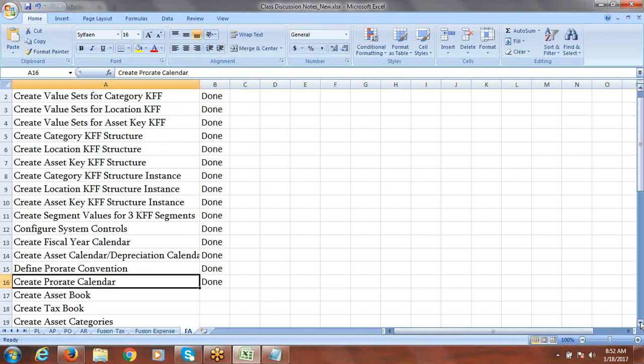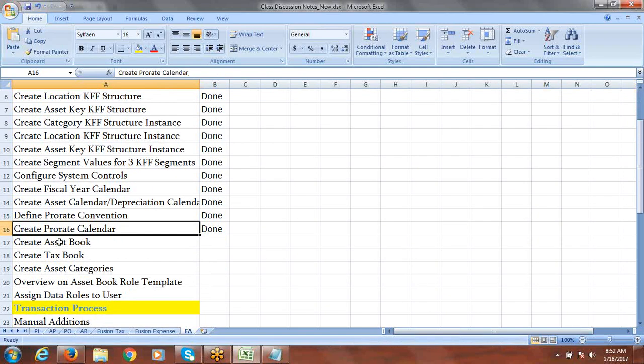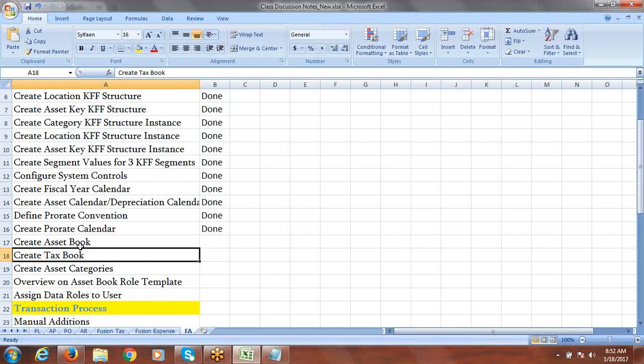Now the task is we have to create the asset book. These setups we will do in tomorrow's session. We will just complete the asset book definition, and the tax book we'll see a bit later once we start working on assets and all asset book related processes.